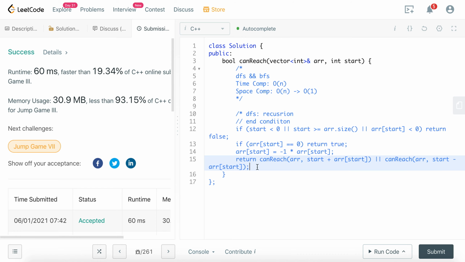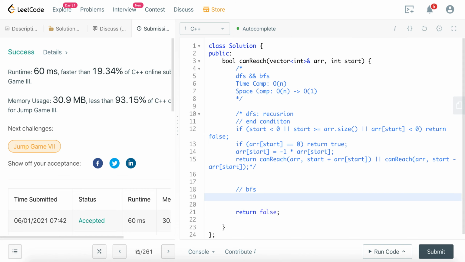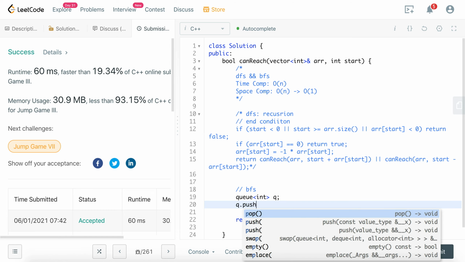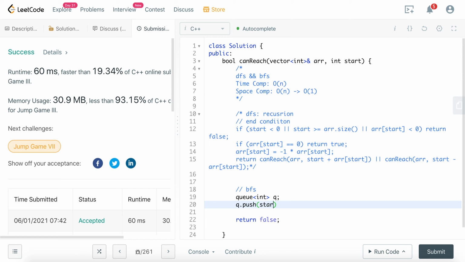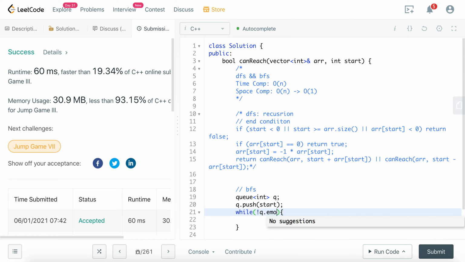As I mentioned, there's a BFS way to deal with this problem. Now let's comment this out and try BFS. The idea of BFS is that at each node, we look at its right and we look at its left, and we have a visited Boolean array to mark. So let's set the BFS up. We have a queue of int, and at the start, we push our start to the queue. While my queue is not empty,